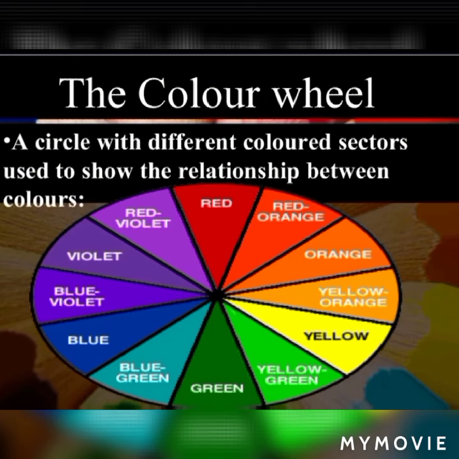Next, in the color part, we have the color wheel. The different colors which we have studied earlier, primary colors, secondary colors and tertiary colors, are all arranged in a proper manner in the color wheel. Like we can see red, yellow and blue primary colors. Then we have secondary colors, green, orange and violet. And then in between one primary and one secondary color, there is a tertiary or intermediate color arranged in the color wheel. So there are a total of 12 colors in the color wheel.